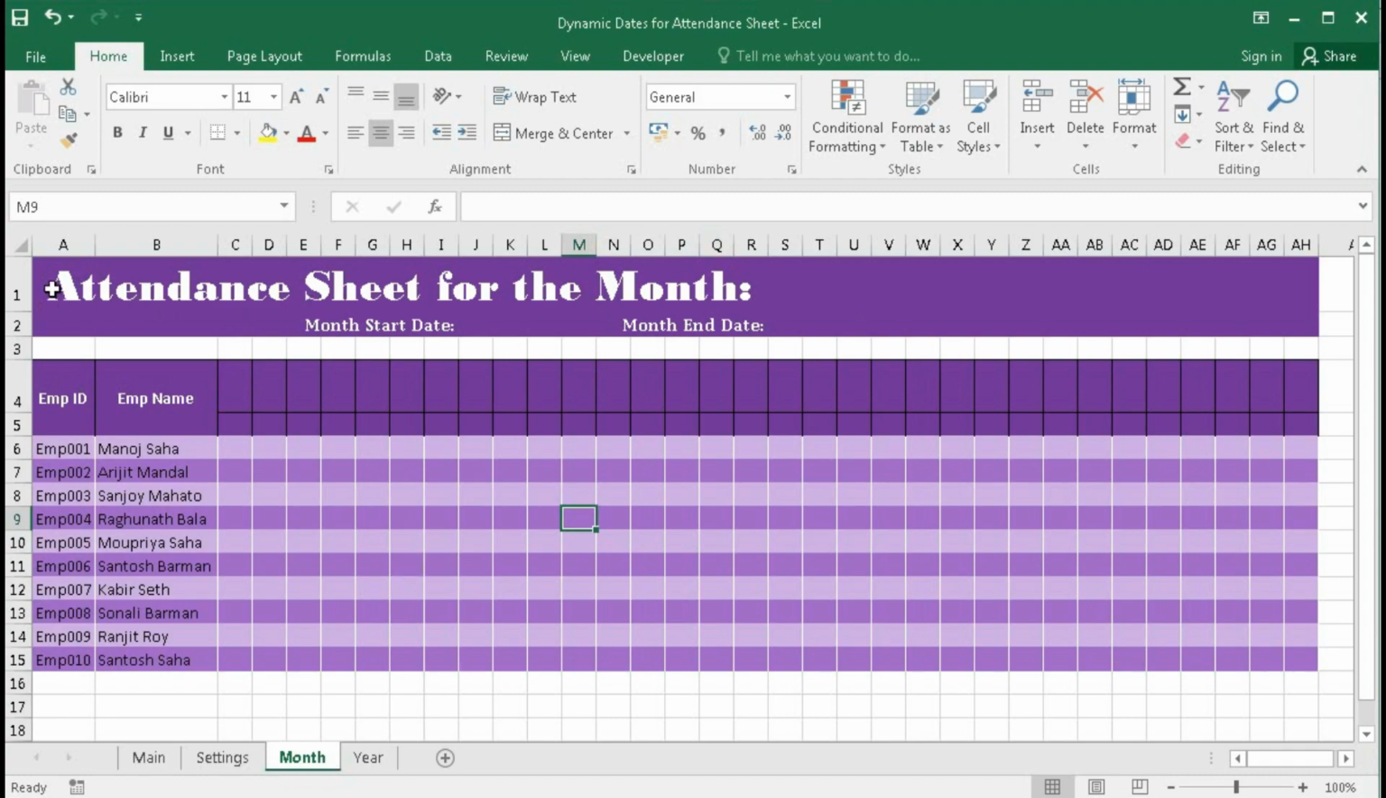format. So here you can see that I have merged the cells and typed attendance sheet for the month, and here I have merged some cells, 1, 2, 3, 4, 5, 6, 7 cells for the month name and 4 cells for the year, and here also 1, 2, 3, 4, 5 cells for typing month start date, and here is 3 cells merged for the date, and same way for the end month here and the date for end